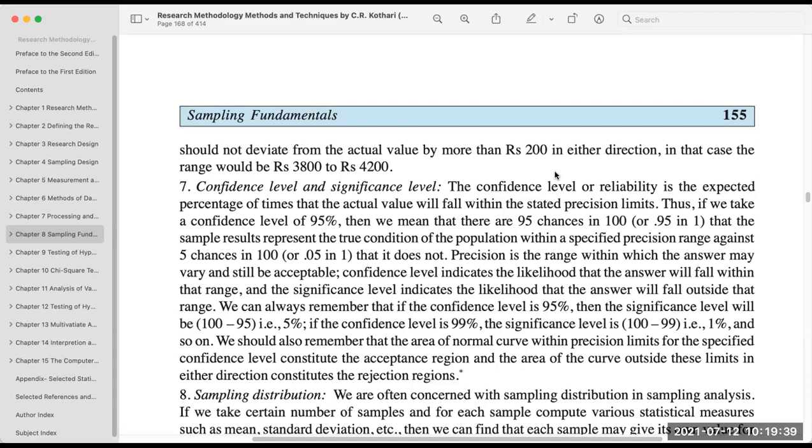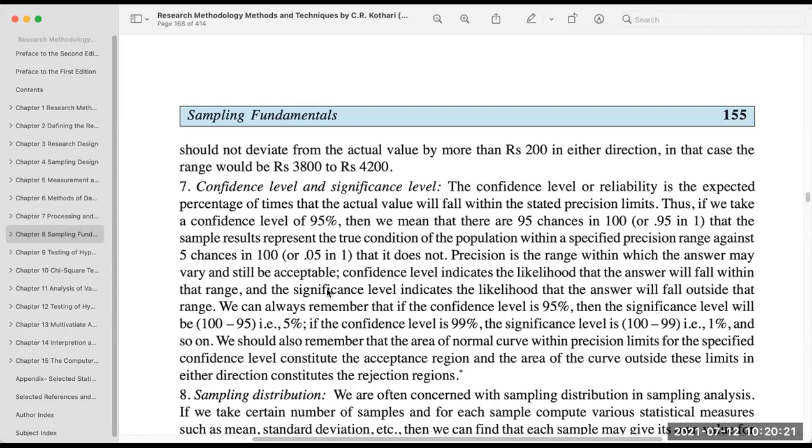And there is a whole concept of how to decide the tolerances. That depends on the specification limit, your process precision, the manpower and how skilled they are. There are so many factors. Okay, we are not going into such detail. We are discussing here the concept of the confidence level. Confidence level is that you can confidently say that out of 100, let's say 95 products should satisfy the given specification. So here the confidence level will be 95%. Okay.